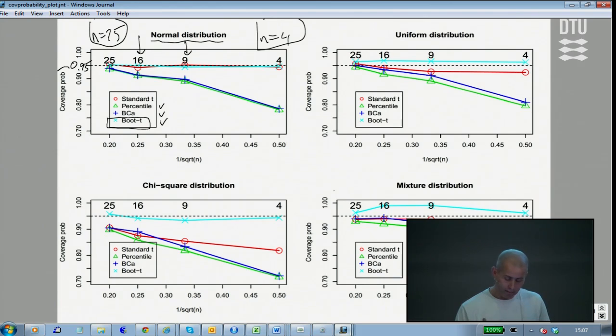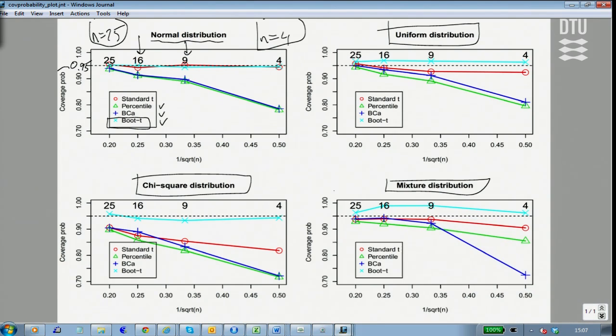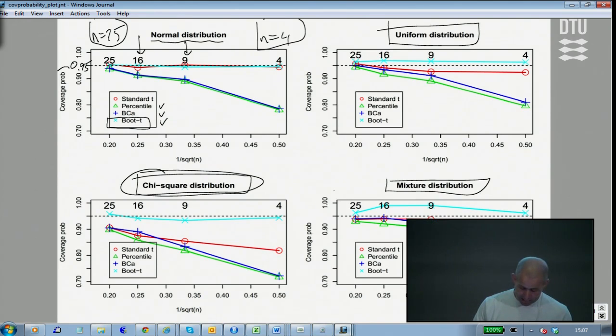Now, to the more interesting things: how do these methods perform when distributions are not normal? The general picture is they perform quite differently depending on what type of non-normality is going on. It's rather complex, but that's how it is in more research-based investigations. What we see for the chi-square distribution is that the standard t, the red one, really breaks down.